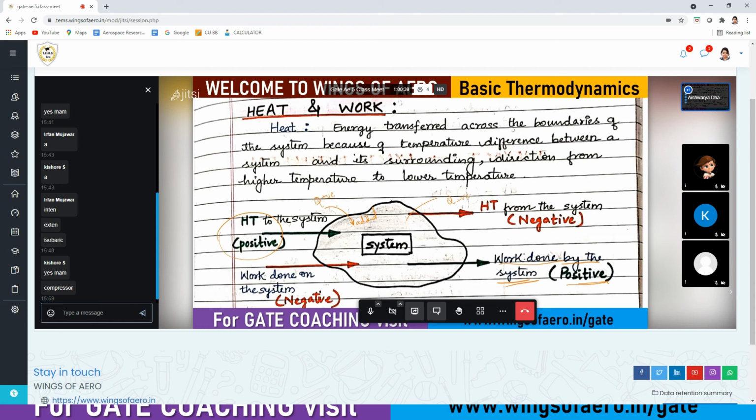So who drives the compressor? Do you think it is done by itself? Who drives the compressor? Very good, it's a turbine, right? So in the gas turbine engine, the work done by the system is a turbine, because the turbine drives the power to rotate the shaft, and that's how the compressor blades are moving, right? Work done on the system is an example of a compressor. So you should know these examples.